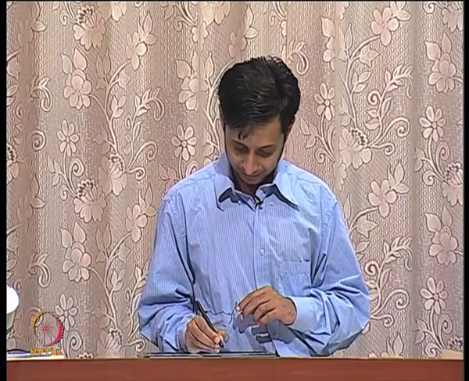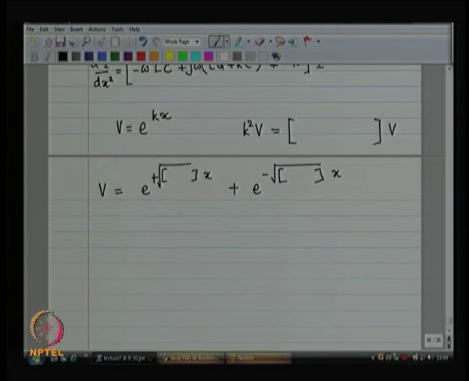Agreed? Okay. So, these are both complex numbers, means there is going to be a real part to it, there is going to be an imaginary part to it. So, the positive and the negative square roots, let us say these are sigma plus minus j omega. Okay. So, I have got